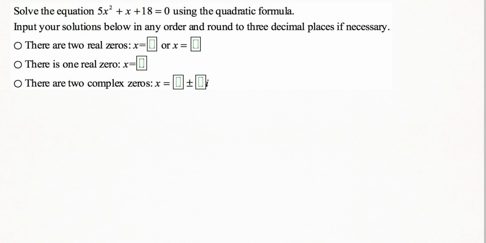In this problem, we're given an equation set equal to 0, and they want us to find the actual values for x that would give us the zeros of this equation. When I look at this right now, at first glance it would be what I refer to as a something equals something setup. And ideally, in one of these situations, I would take the first something that they gave me,